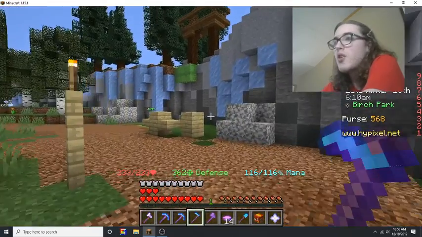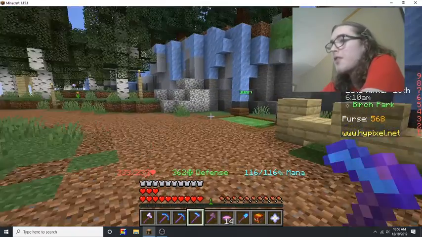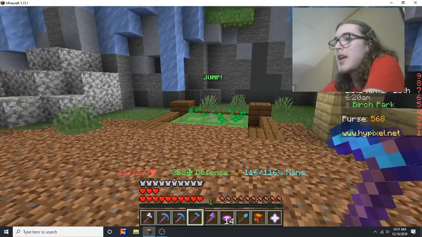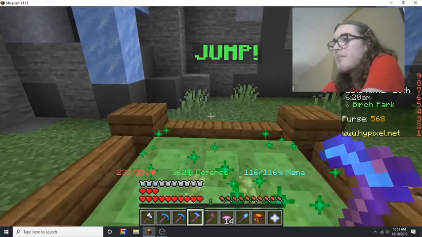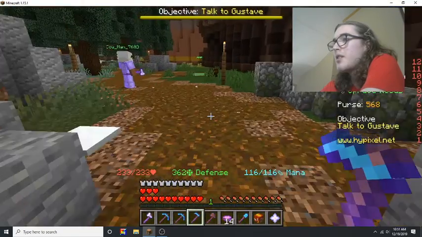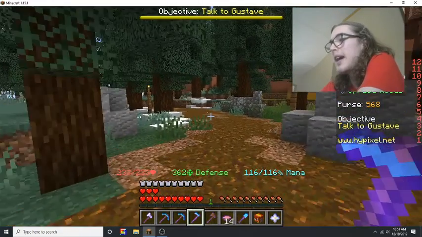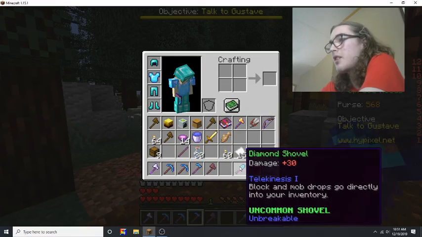Now, also another thing you're going to want to do before you come to the forging islands is to have a lot of mana, basically the power stuff, and I'll tell you why. Alright, okay, hang on, let me get...